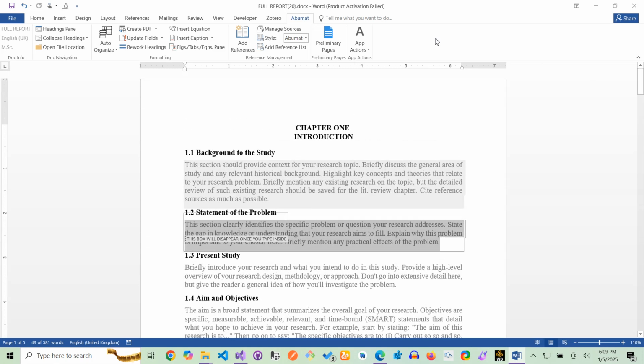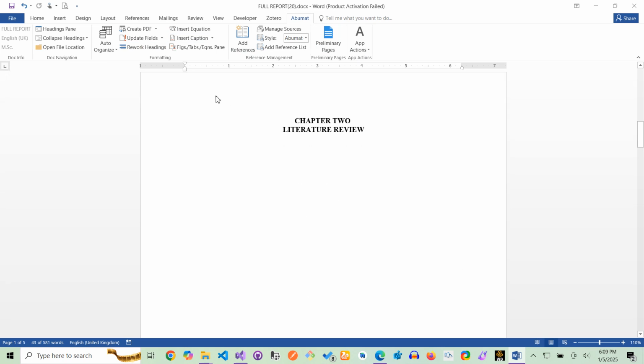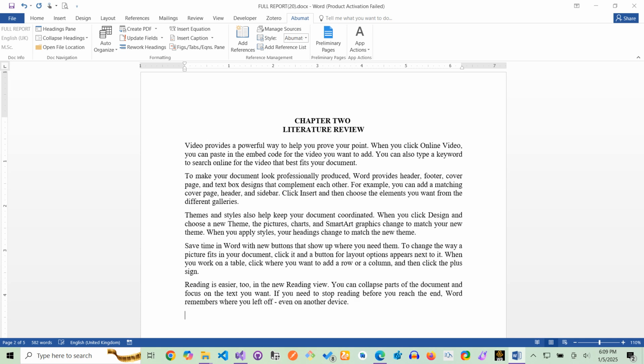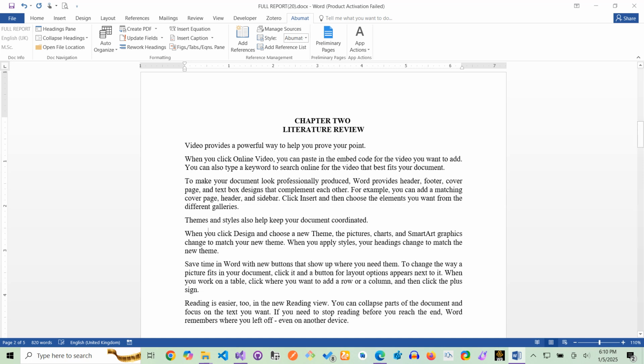Now there are functionalities here on the interface. Okay, one of the things that the software does is it automates the numbering of headings for the students. Let's assume we have something like this under literature review, and the student is supposed to